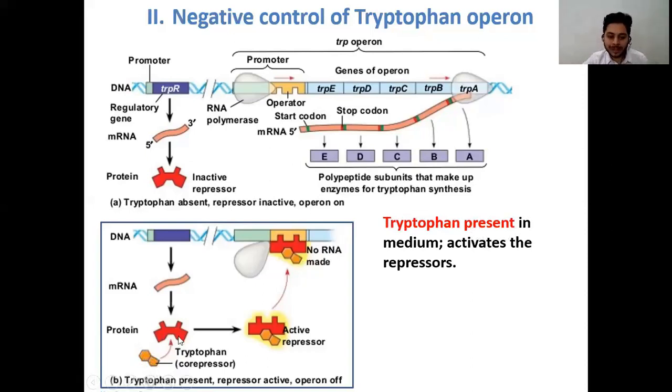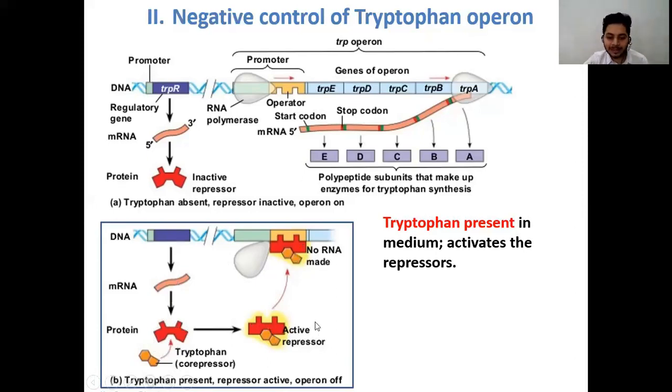So along with your repressor proteins, the tryptophan itself is acting as a repressor. That's why you call it a co-repressor. So these inactive proteins are present which are going to bind to these tryptophan co-repressor molecules. Once the tryptophan co-repressor binds to the inactive repressors, in turn it activates the repressor proteins. So the activated repressor proteins are now capable of binding to the operator region.